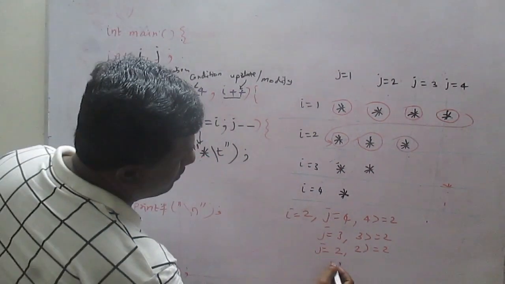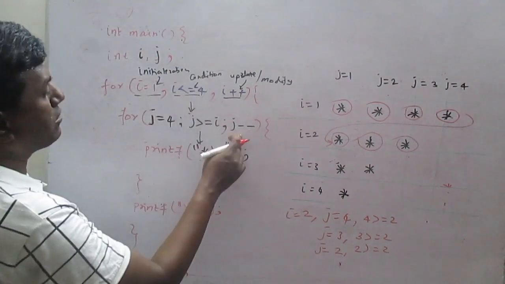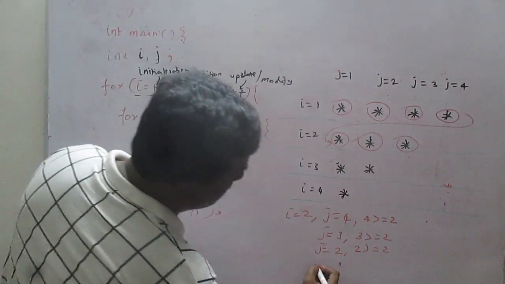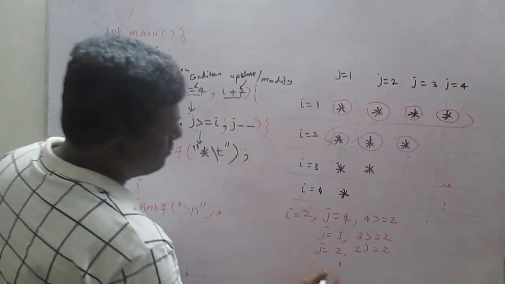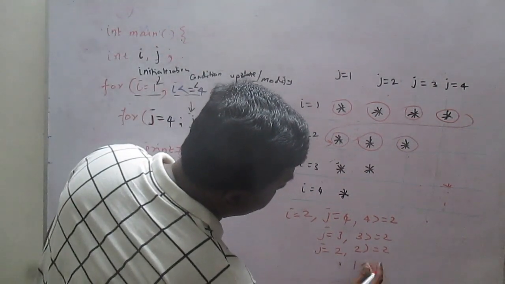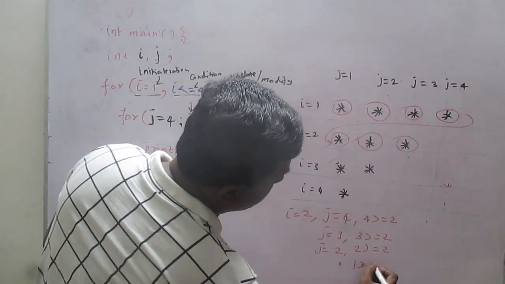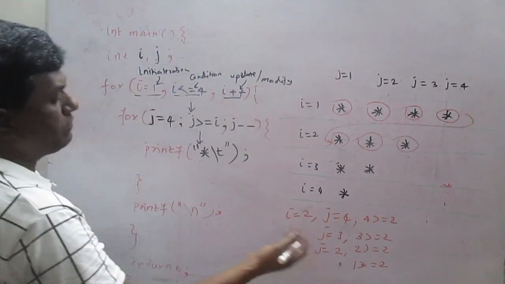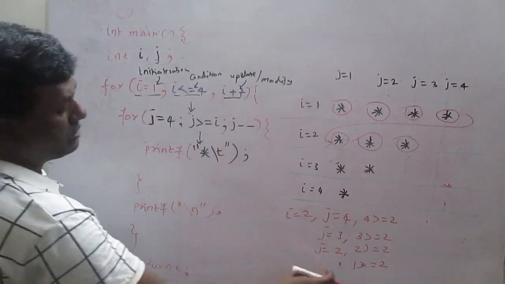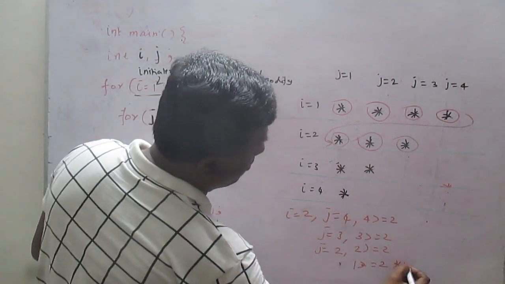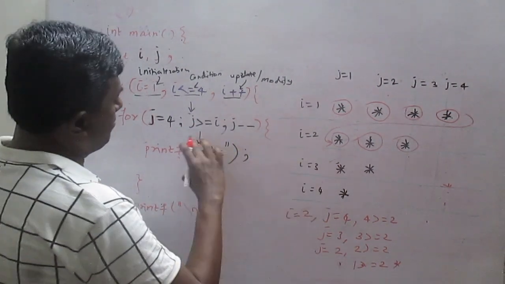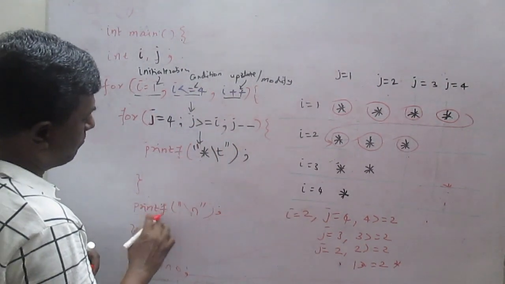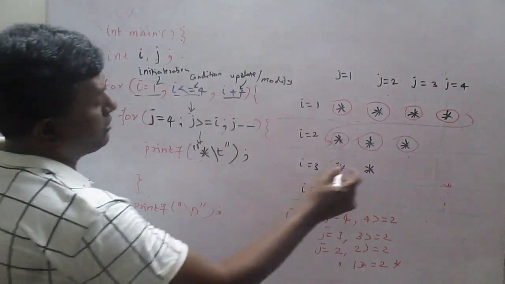Then again we are going back and doing the decrement. Now j is 1, so 1 greater than or equal to 2, the condition fails. So the condition fails, and we are coming out of this loop, and now because of the newline character, our